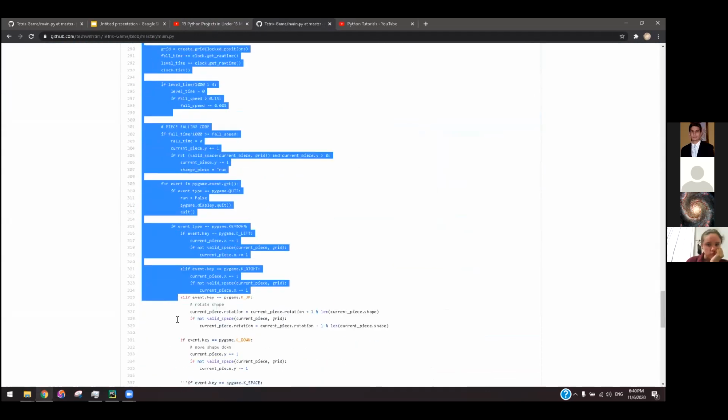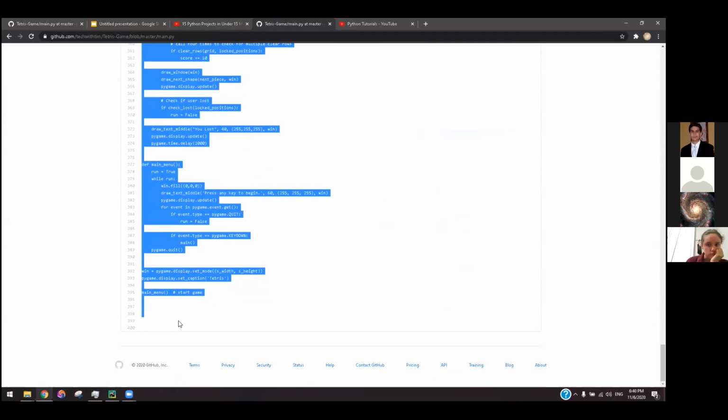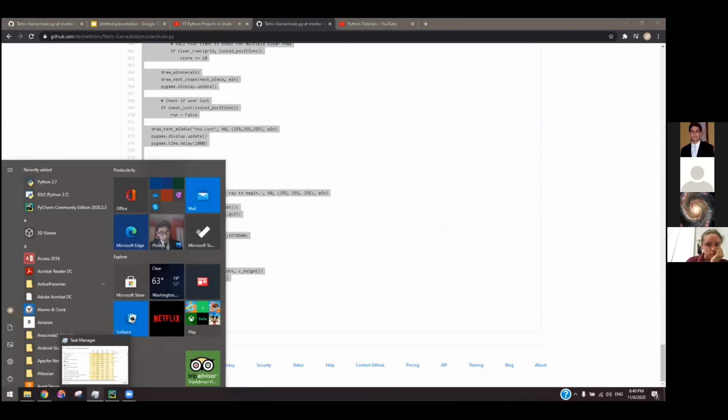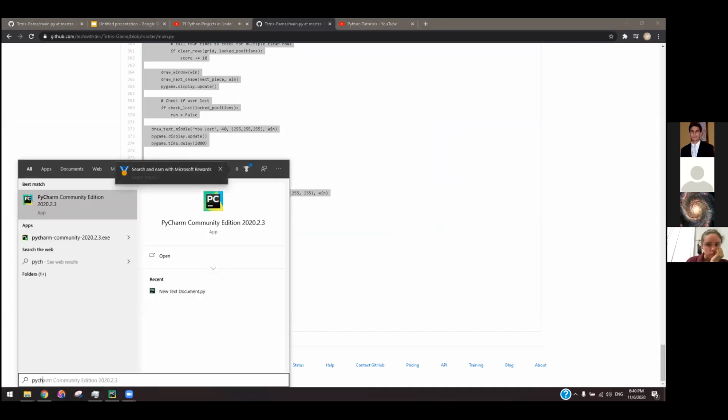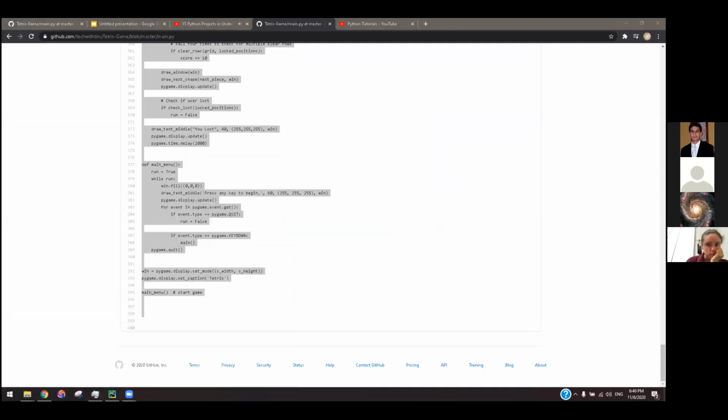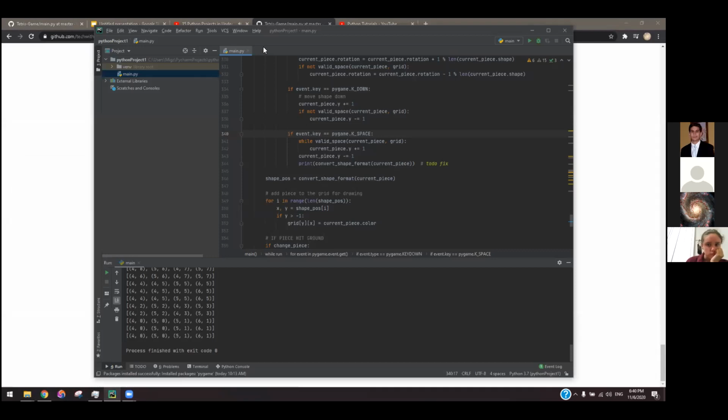You scroll up, scroll down, copy, right, and then you open your IDE. In this case, because we're starting, I love my IDE. You're gonna use PyCharm, and that's basically gonna be your shield and sword to go around Python.